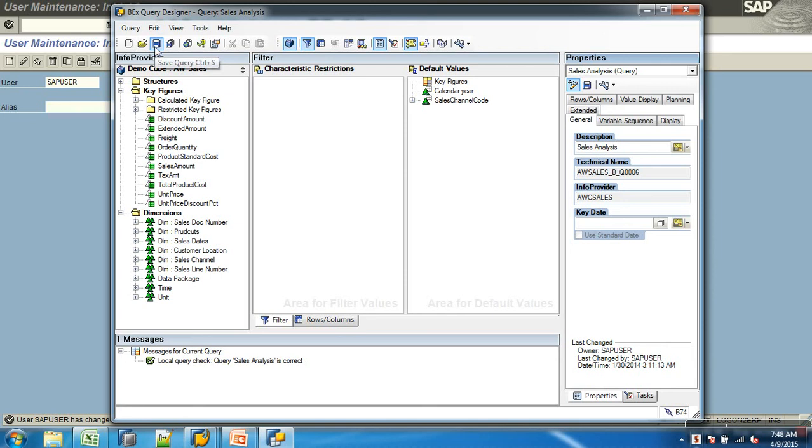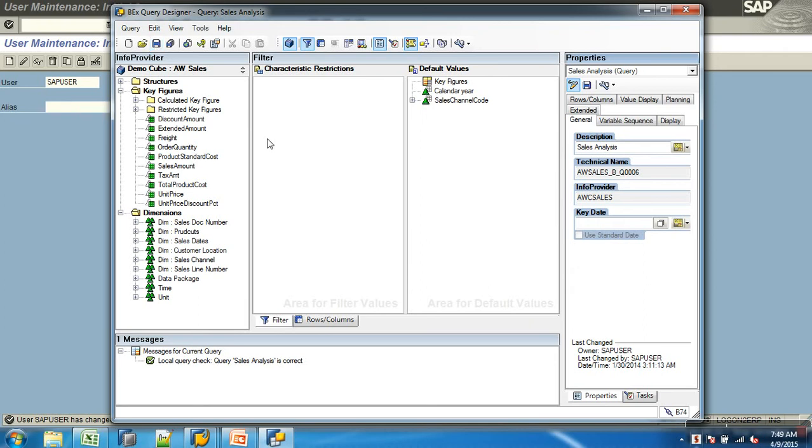When you save it, it's getting saved under what? The favorites folder. Who can see this query? Only you. Favorites is a workspace of my user, so only I can see this. But in the lab, what is happening is we all are using the same SAP user ID. That's why even if you create a query, I'm able to see it, because we are all sharing the same user ID. But that is not the case in real time.